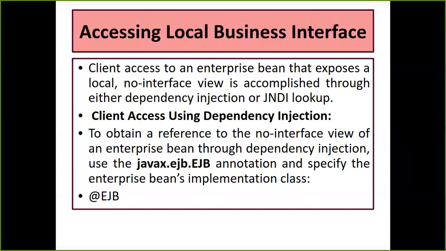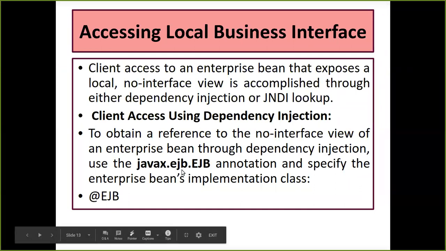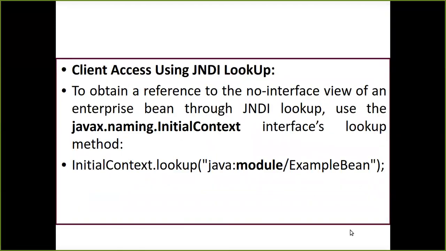So at that time what you can simply do is make use of the new feature which has been introduced for EJB. If you want to avoid writing lookup code, if you want to have client access, you don't want to use lookup code, you can simply write @EJB in your program. That is the annotation, the dependency injection, and it comes from your javax.ejb.* package. Now, how you're going to write the JNDI lookup also, you have two options. Either you can go with dependency injection or you can go with the JNDI lookup.